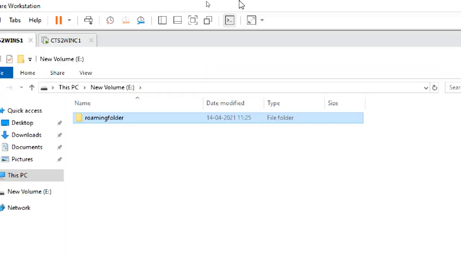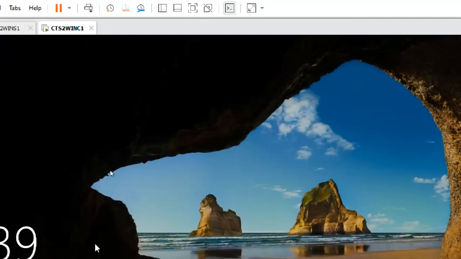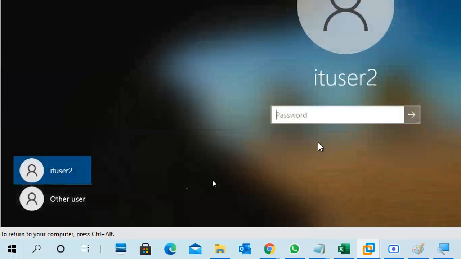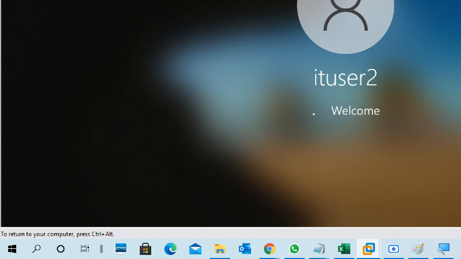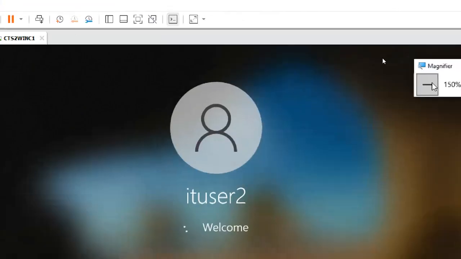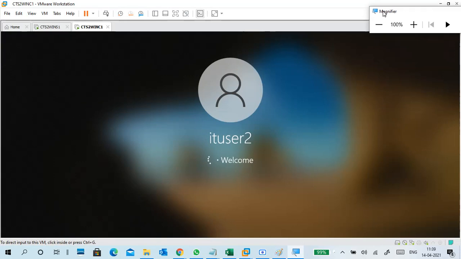We'll see. Because of that we'll get problems also. Just for understanding, I opened that one. Because the owner permission changed, now your roaming profile will be disturbed.